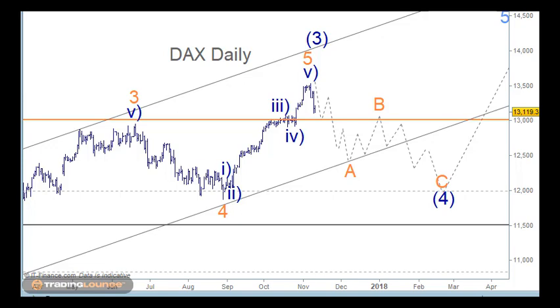Welcome to Trading Lounge and the European indices. We'll look at the DAX, the AEX and the FTSE, and with the DAX here on the daily chart, just